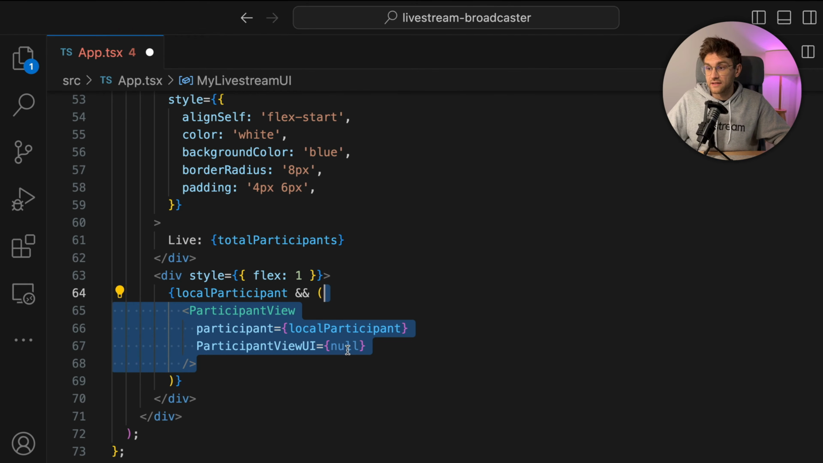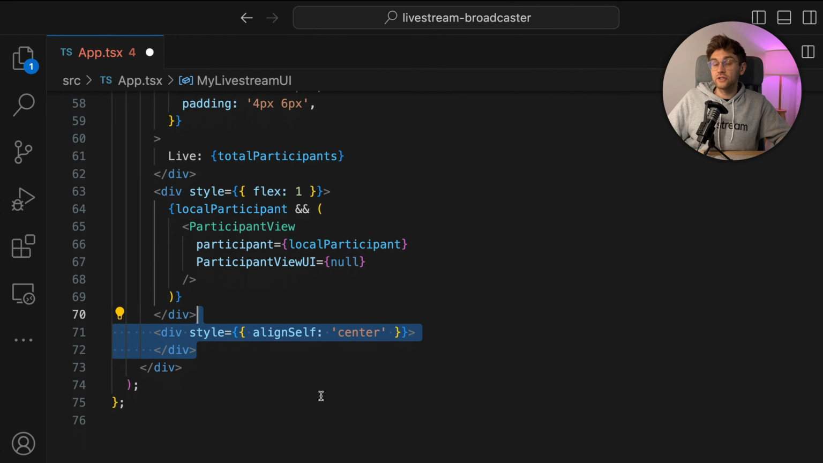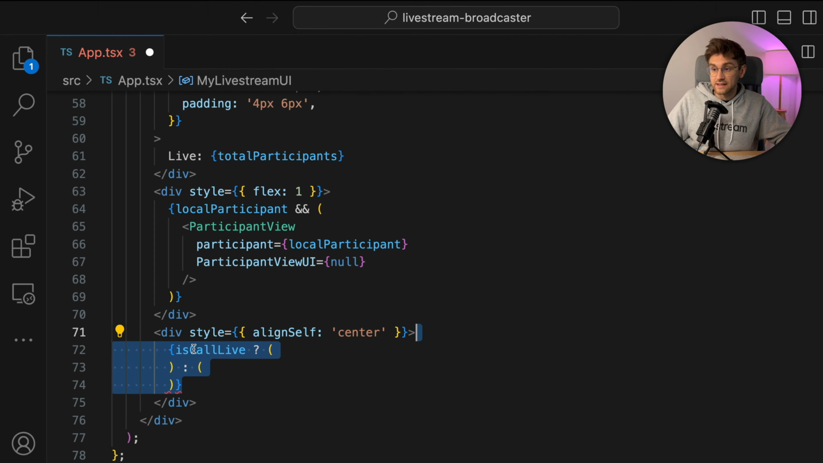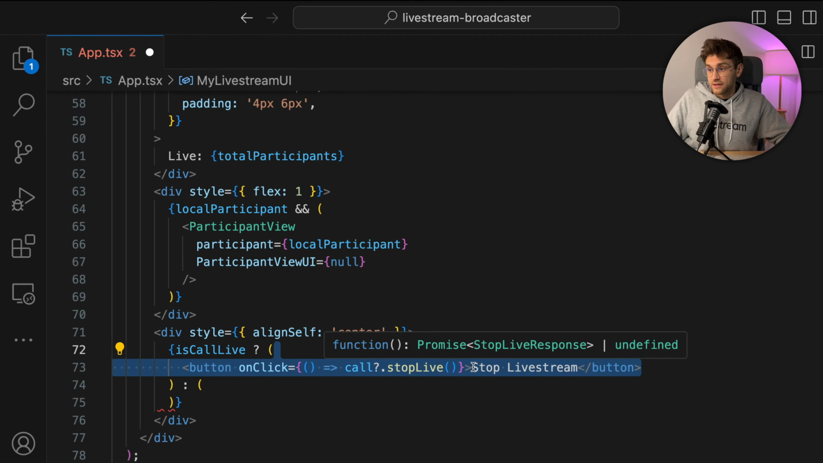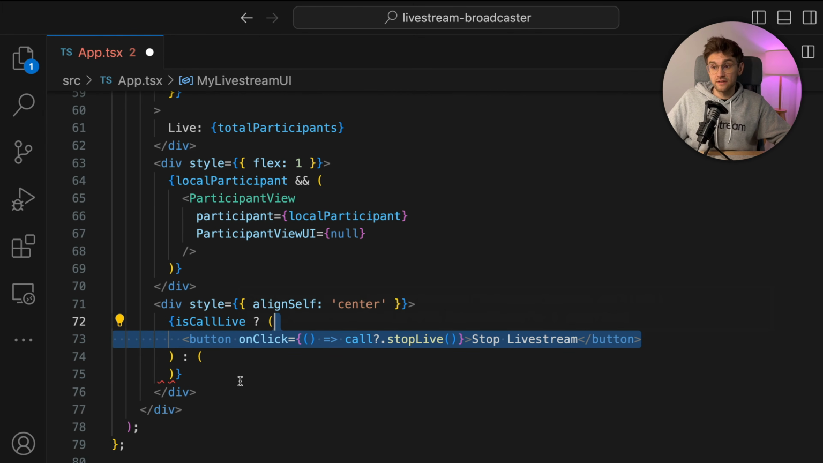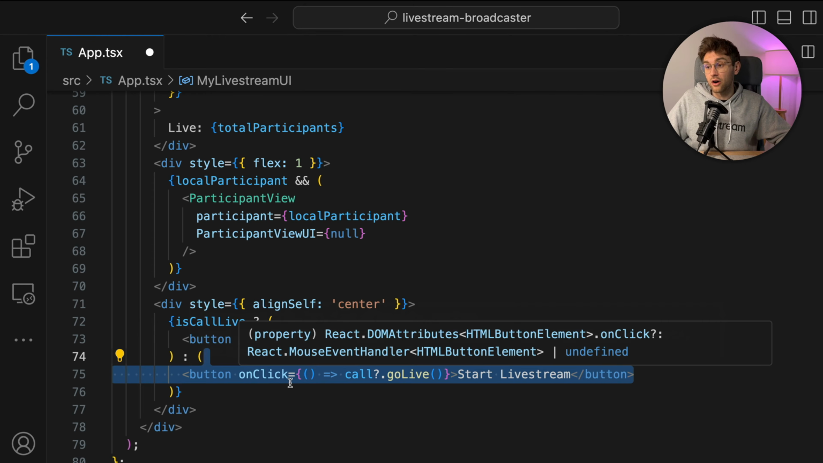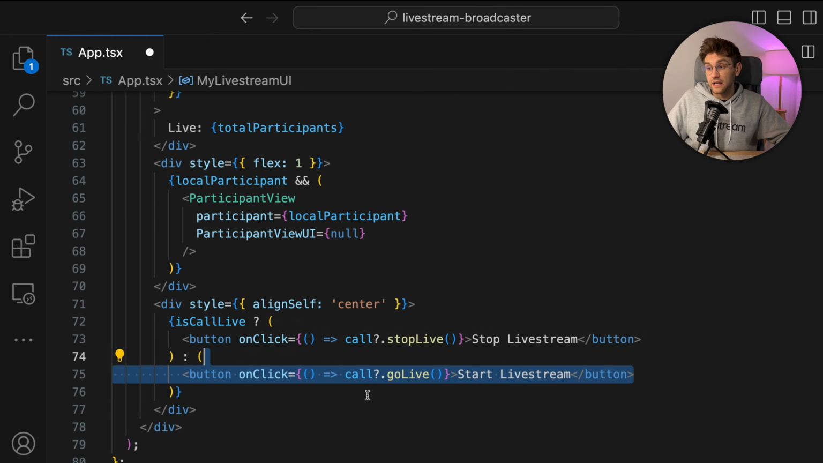So we set this to null. And this is an example of a component that we get from the Stream SDK. The last step is to allow us to go live with the stream or end the live stream. So again, we create a container and say if the call is actually live, we add a button that says stop live stream and we call the call.stopLive function. Now, if the call is not yet live, we add the button of start live stream and we simply call